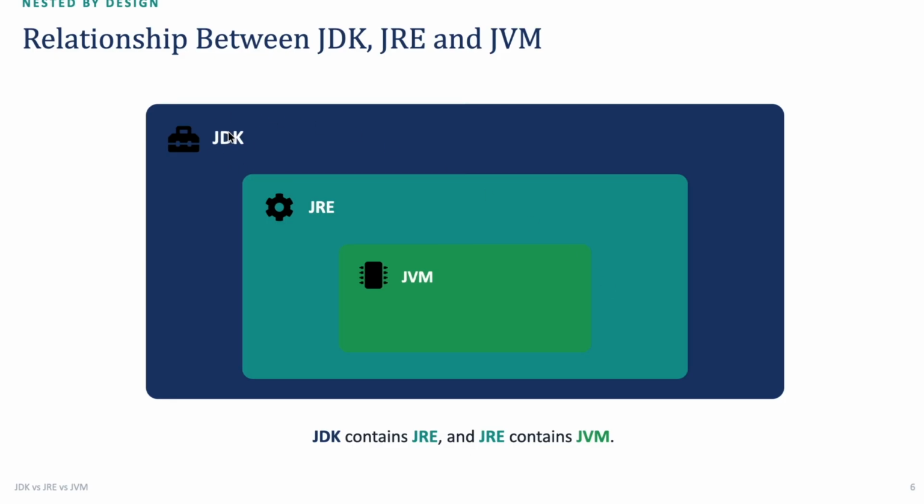So the relation between JDK, JRE and JVM is that JRE contains JVM and JDK contains JRE. Basically, when you say Java Development Kit, it already includes JRE and JVM. And when you say JRE, it already contains JVM. JDK is required if you are a developer, and if you are just a user who is using the program, then you need JRE only.